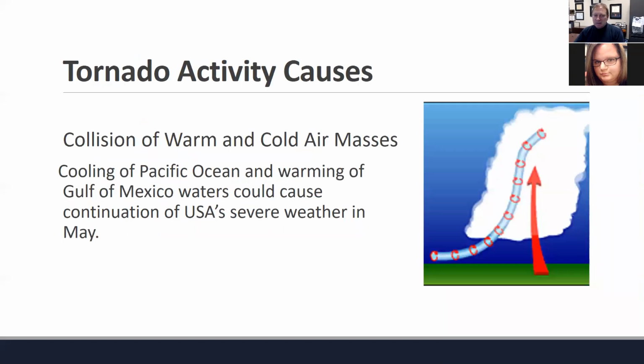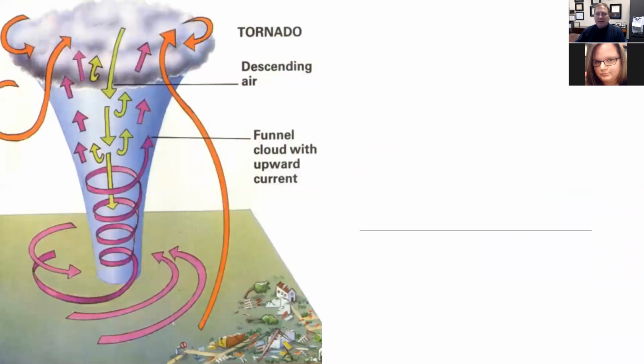And again, it's cold and warm air masses colliding. As they collide, it can build this upward funnel. Here's a better way to look at it. So as you've got warm air rising, cold air rapidly descending, it creates, again, this circular type pattern in this funnel cloud, and can cause substantial damage.